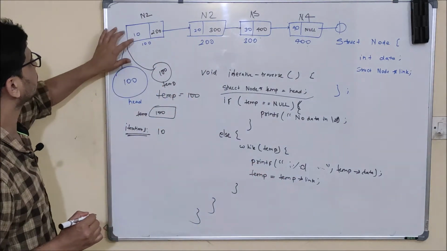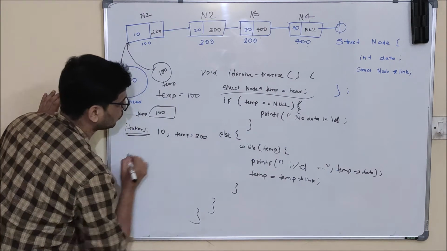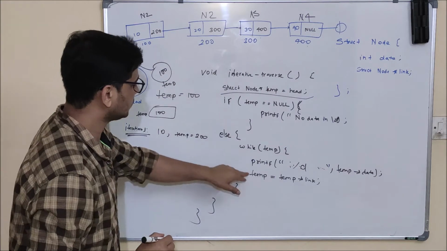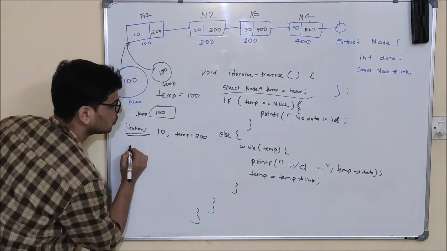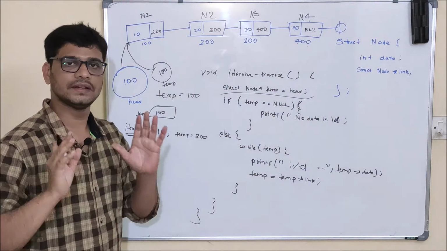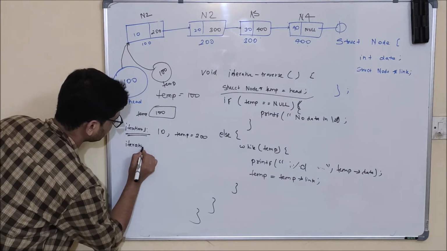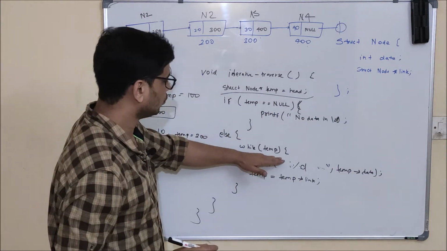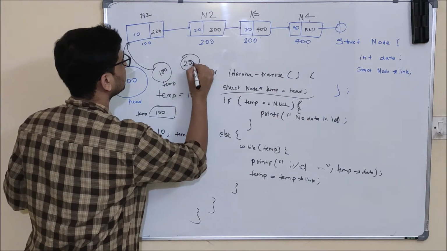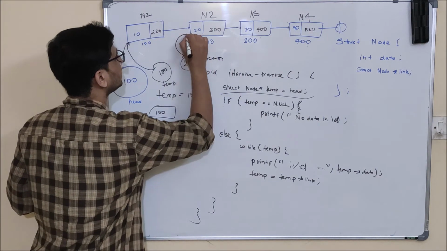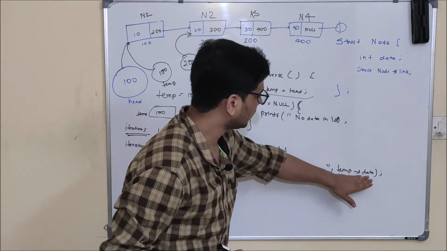And what is temp dot link right now? 200. So temp will be equal to 200. Now again this while loop will execute. Now first of all this check will be done, while temp. So we have some value in temp, that is 200. Now what will happen? Iteration 2. This will be true. Now the data part will be printed. This is our temp pointer. It is pointing to this one. Okay. So right now in this line temp data will be printed.